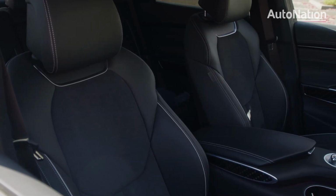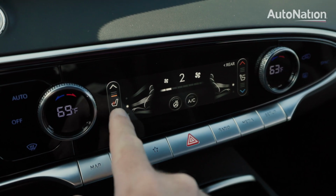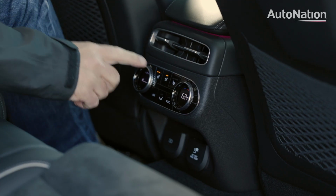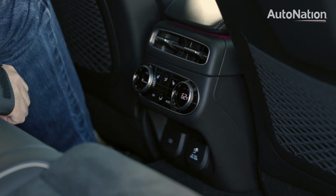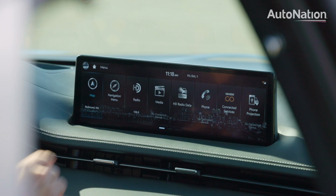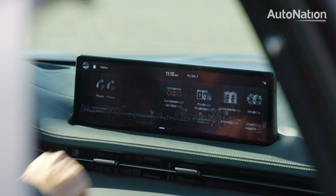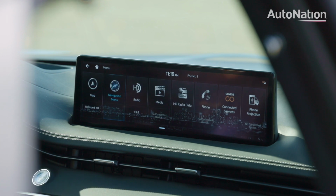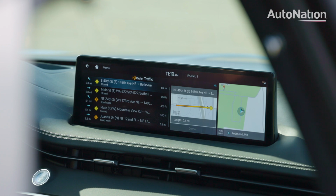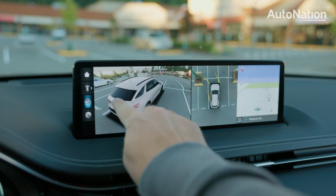The seats are trimmed in fine leather with heating and ventilation. A massive panorama sunroof is standard across the lineup. The second row also gets their own climate controls and heated seats. In the Sport Prestige package, infotainment is an ultra-wide 14.5-inch touchscreen display. This provides quick access to a number of different functions including navigation, entertainment, and a surround view camera system with